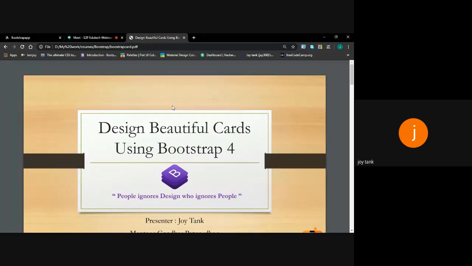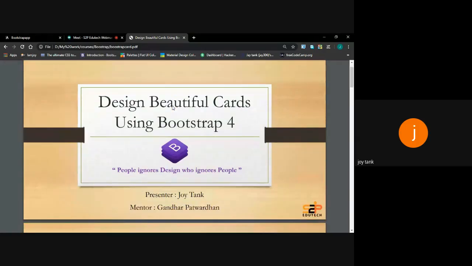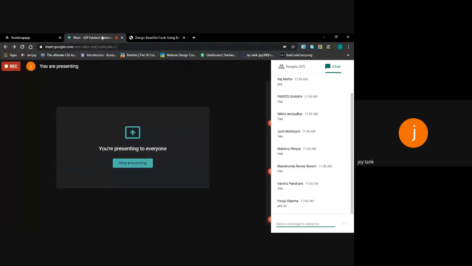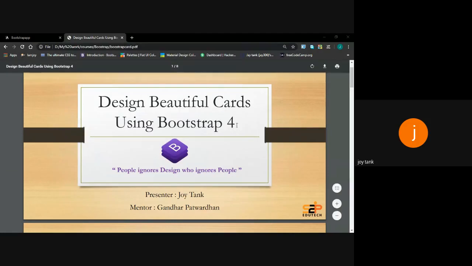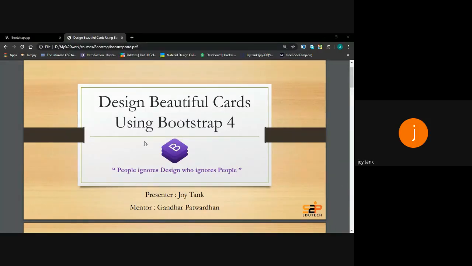Okay, so the talk for today's webinar is how to design a beautiful card using Bootstrap. So let's start the webinar. I request everyone to view the screen in full screen mode so that it will be very visible and clearly